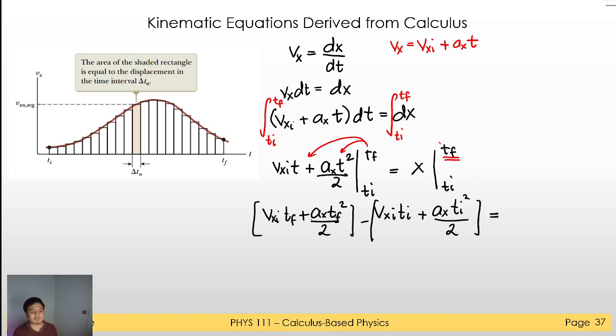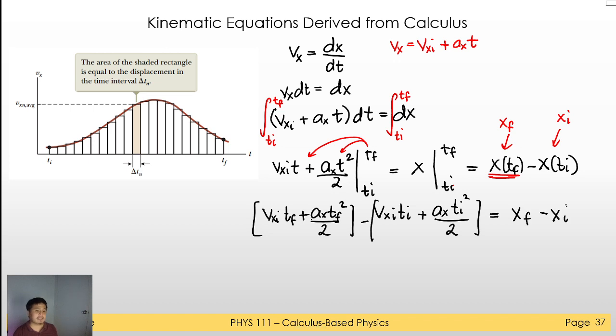Now how do we substitute this? The variable of integration here is actually x, and the limit is in terms of the time variable. Therefore, there's a trick to this. This basically means that we substitute the value of time into this function to get the current position. So this will be x of tf minus x of ti. What does this mean? This is just the position at the final time, and this is the position at the initial time. So this will be just xf